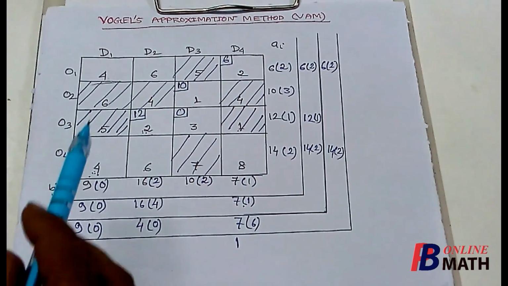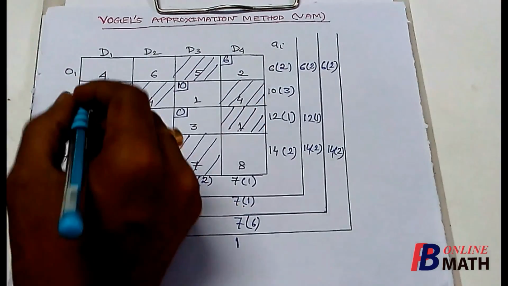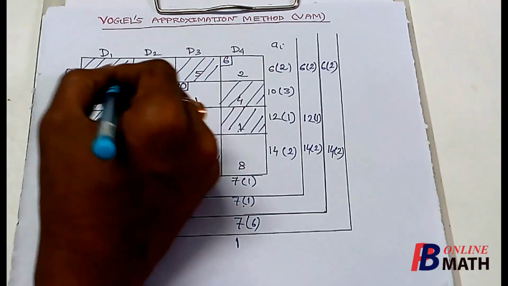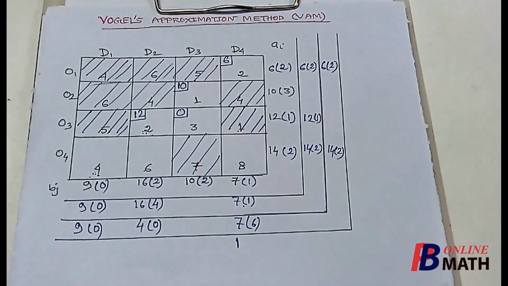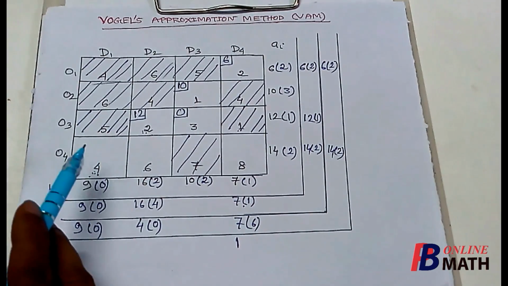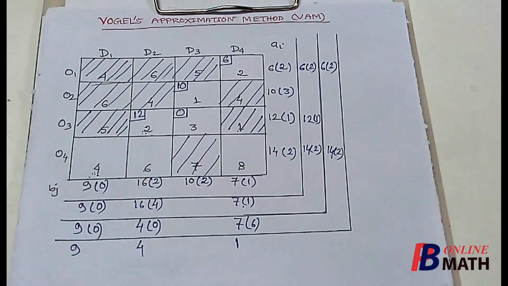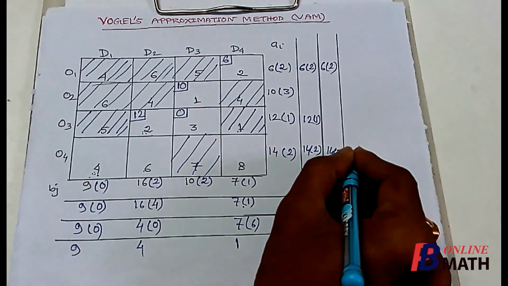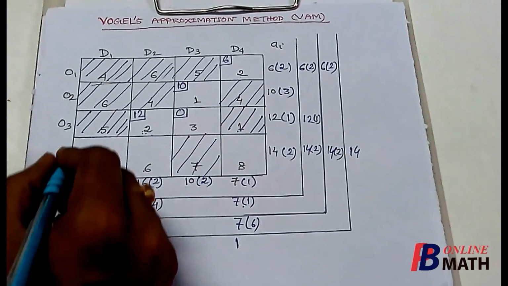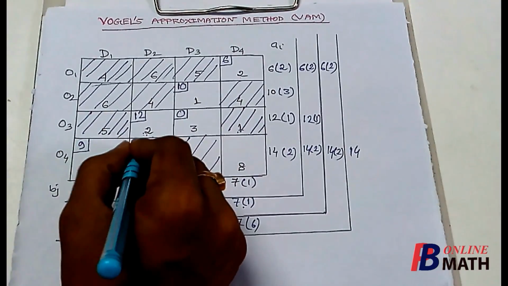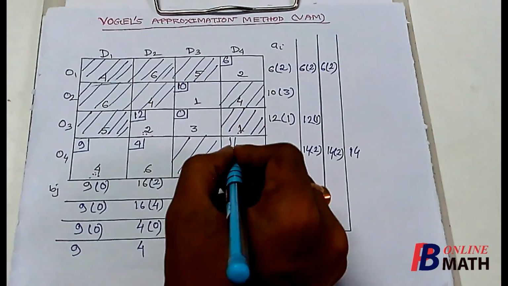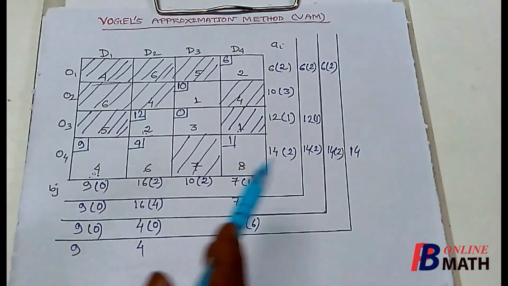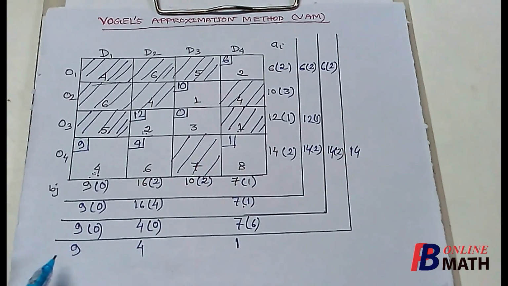So the capacity of the origin O1 is exhausted now, so we can simply cross off the remaining cells of the first row. Now if we cross off all the remaining cells from the first row, then we find that only the 3 cells are remaining. If we write the revised demands, these are 9, 4 and 1, and the revised capacity is 14. So we can simply allocate 9 here, we can allocate 4 here, and we can allocate 1 here, so that the revised capacity of the origin O4 is exhausted now, and the revised demands of the destinations are also 0.